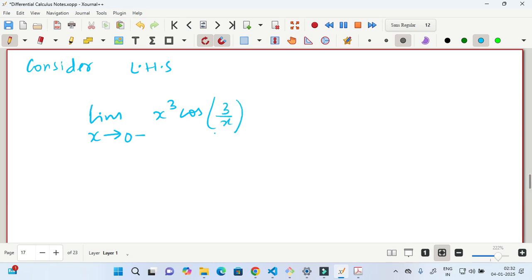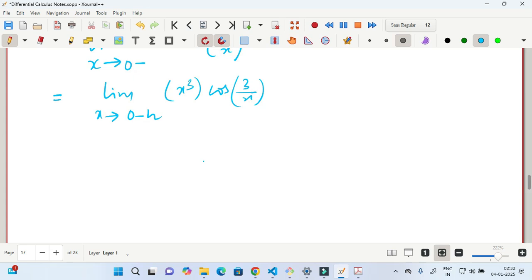This is LHS. So here I am writing limit x tends to 0 minus h of x cube cos of 3 by x is equals to